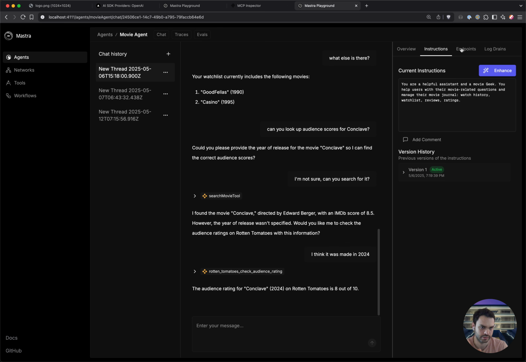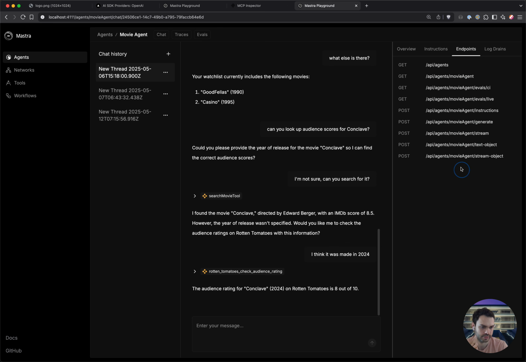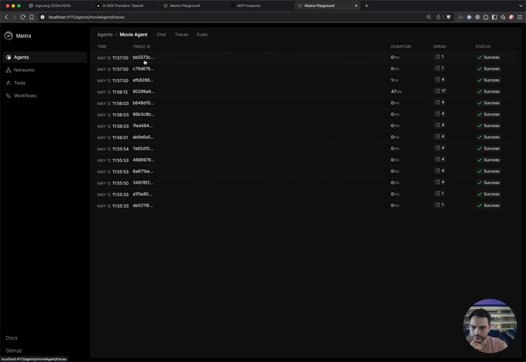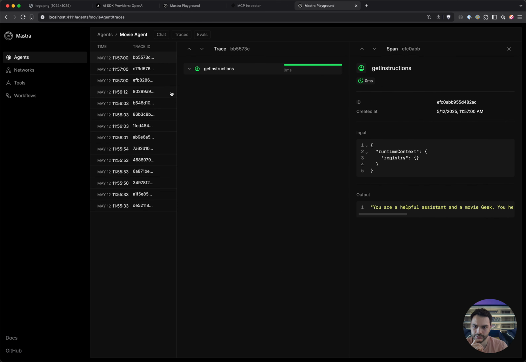So you can see your system prompt here. It gives you all these endpoints, so if you want to integrate this in your different UI, and there are also frameworks for building your UI. I'm not gonna cover them here, but you can use stuff from Vercel or CopilotKit. And also there's this really cool thing, traces, where you can